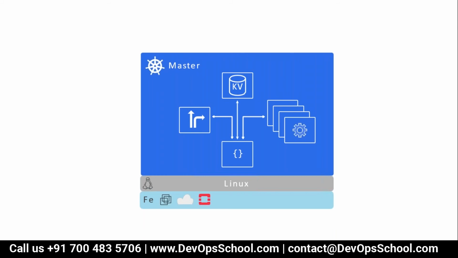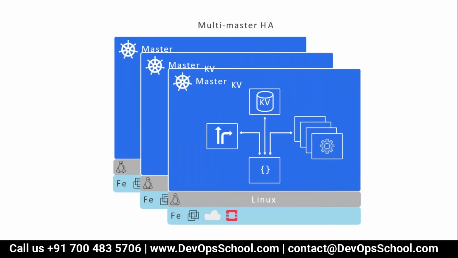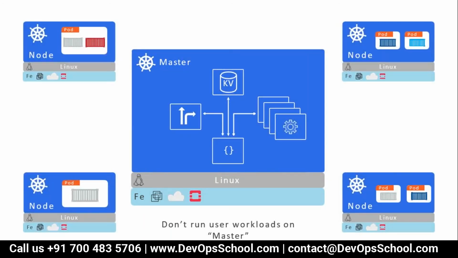But before that, there can be a single master, or it can be HA also, multi-master. You know why? If one master fails, the second master takes over, then the third. It should be HA, high availability. So here, guys, this is a very interesting image. If I look at it carefully, focus on the center of the image. The master node has 4 components. Which are those? I will discuss a little later, but here I see the master manages the nodes. It can be Windows and Linux as well.